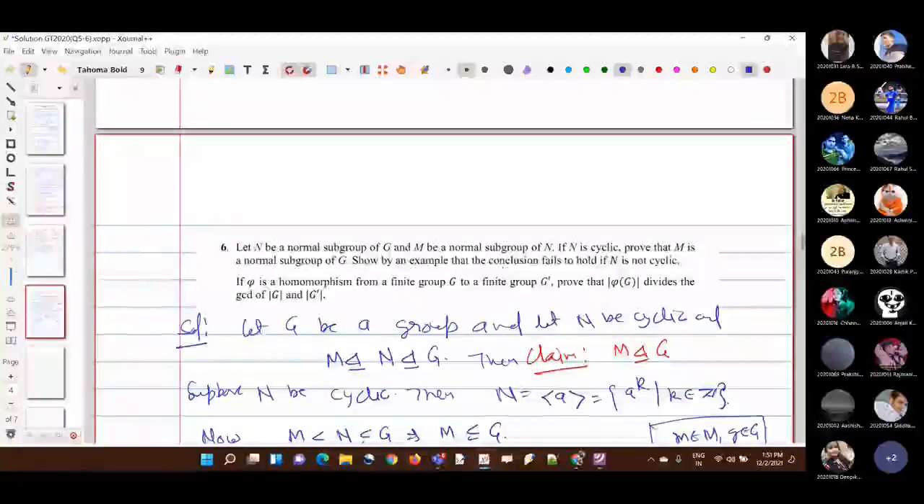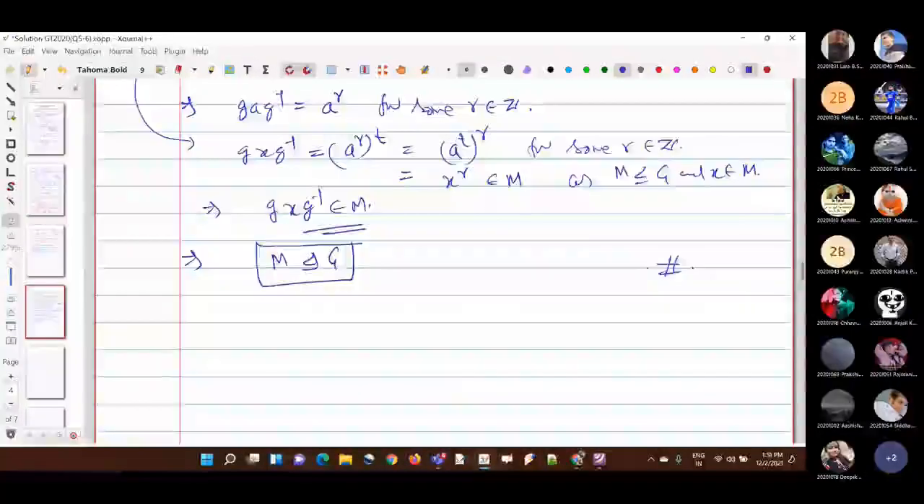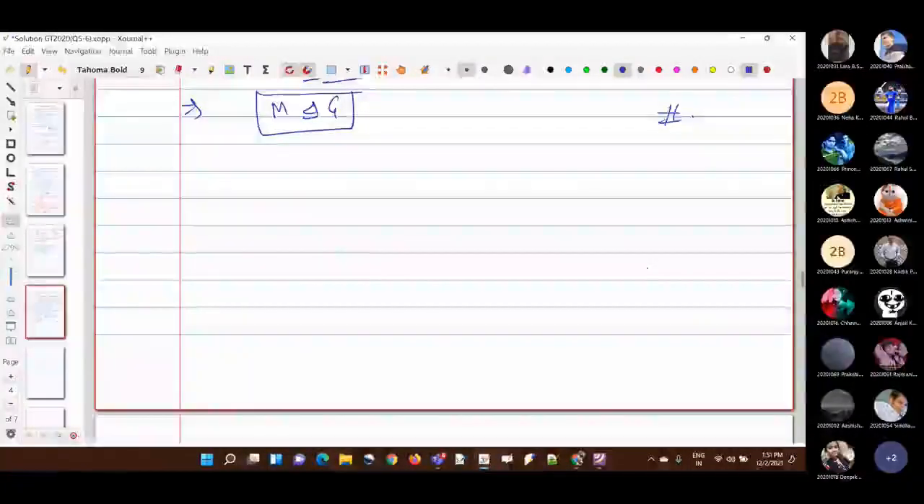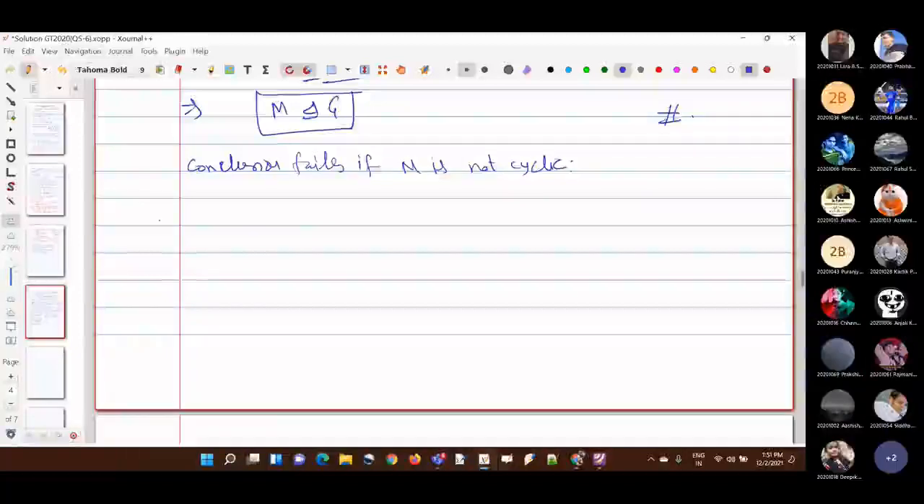So by an example, the conclusion fails if N is not cyclic. Okay, so if N is not cyclic, then we need to prove that the conclusion does not hold. So for this, consider